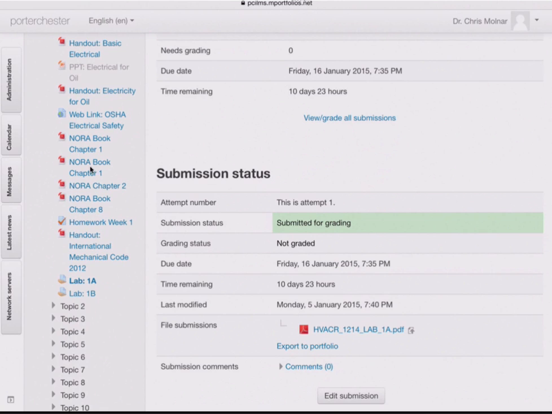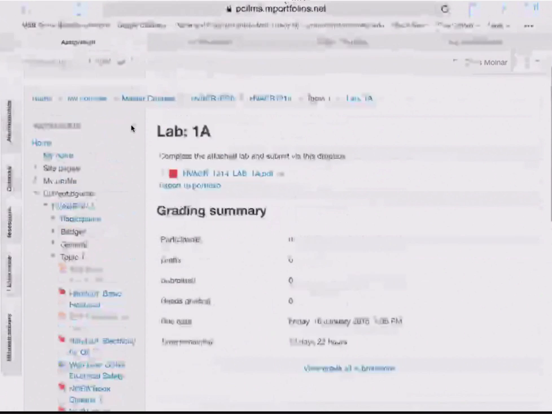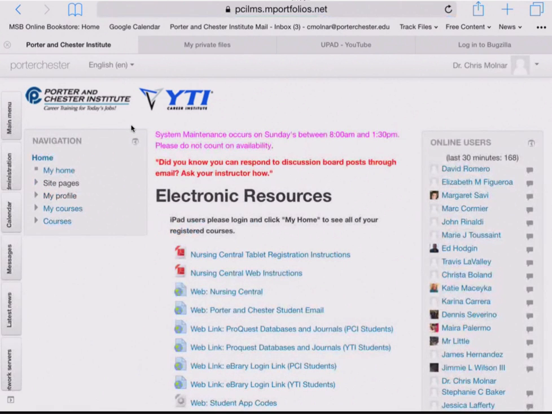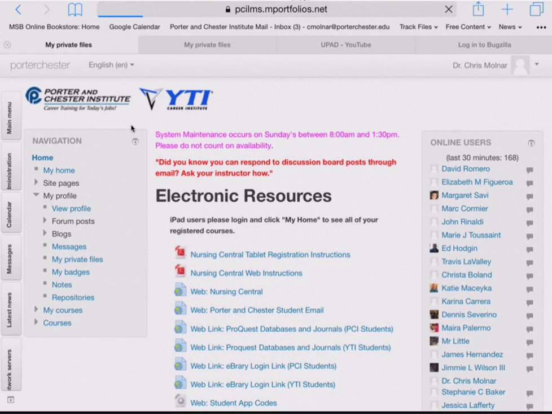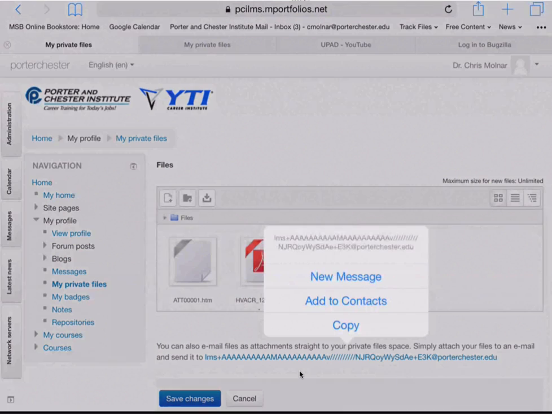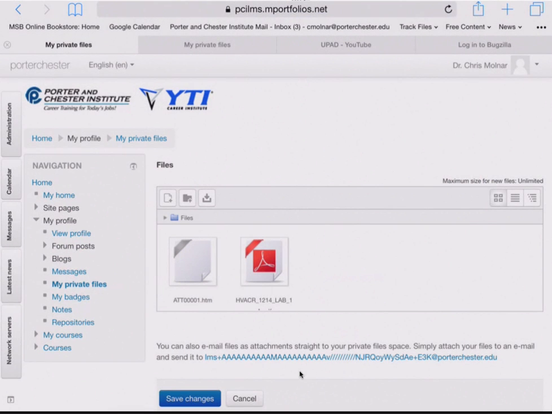So again, if we take a look at the steps we just did, from our home screen, the first thing we did when we first logged into Moodle is we went into My Profile, we went into Private Files, and you found this long email address down here at the bottom, and you copied that out to your contacts. You added it to contacts. Once you've added that to contacts, you download it just as you normally would into PDF Expert, did your forms, and then from PDF Expert,